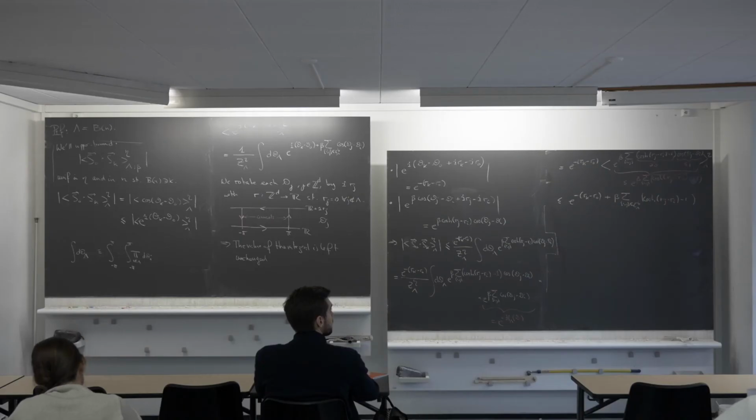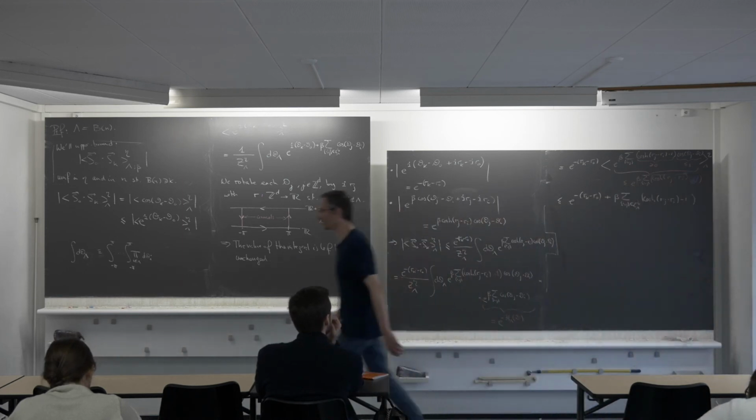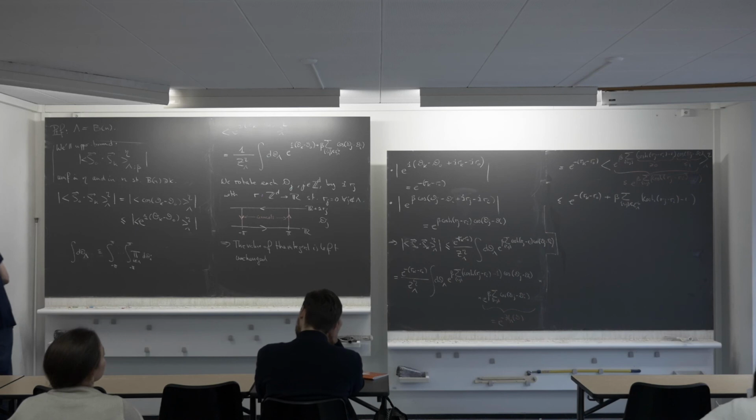So what we are going to do is use the fact that we are interested in what happens when beta is very large. And when beta is very large, I claim that I will be able to approximate cosh minus 1 by something which is quadratic in R_j minus R_i. So let me just say a few words about that.